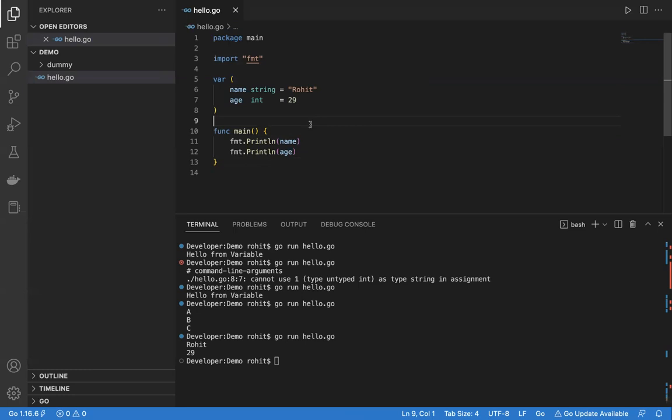There is one more way of declaring a variable in Go that is called implicit declaration. Let me explain how you can do it. This can be done at a package level and at a function level as well. What is meant by implicit declaration is you do not define the type of a variable when you declare it,